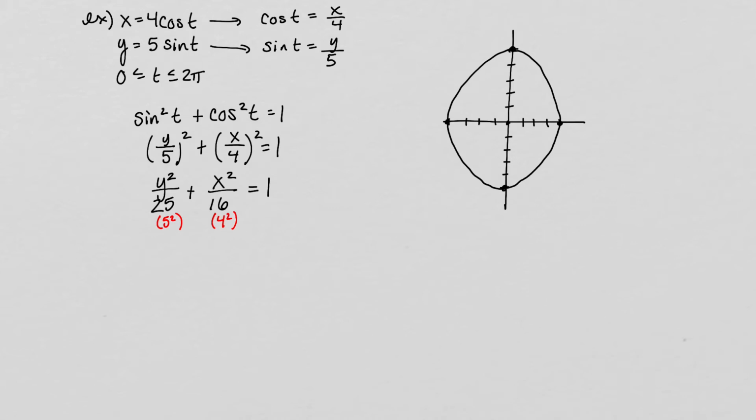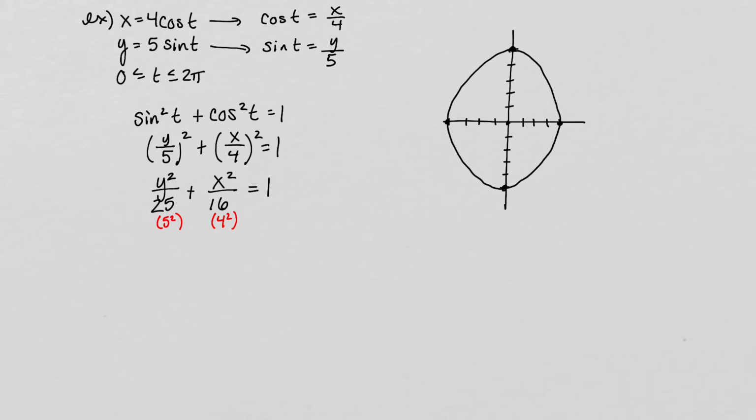Questions about how I got that? I actually don't know how to graph that. I was wondering, oh wait, actually no, it makes sense to me. The y with the 5 is on the y-axis and the 4 is on the x-axis because it's under the